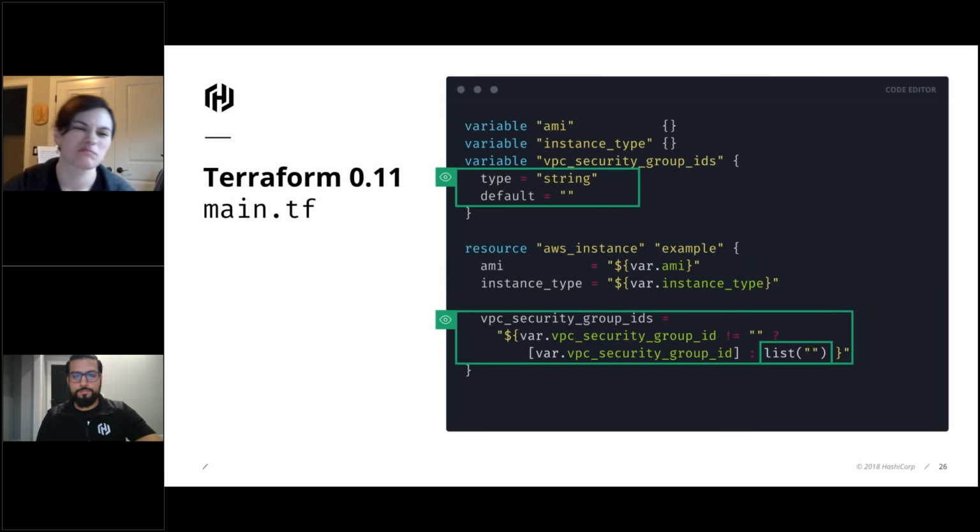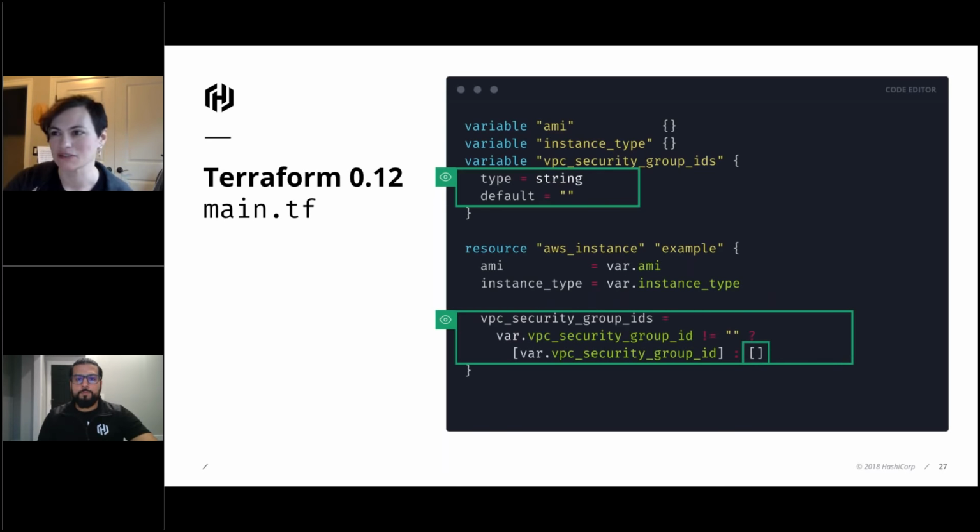So here's a slightly more complicated example, back to Terraform 0.11 syntax. The difference I want to show you here is that I've changed the variable VPC security group IDs to a string, and then I've added a conditional statement at the bottom of the screen that says, if VPC security group ID is not empty, shove that variable into a list and pass it in, else use this list function to pass an empty list. So it's a somewhat hard to read syntax, which of course I'm showing you so we can compare it to